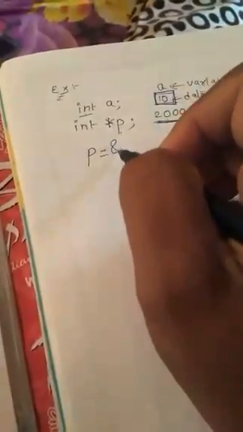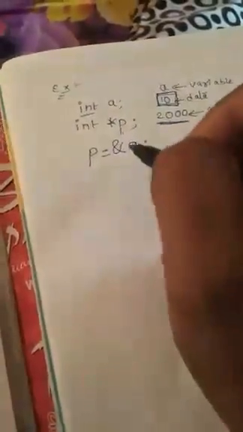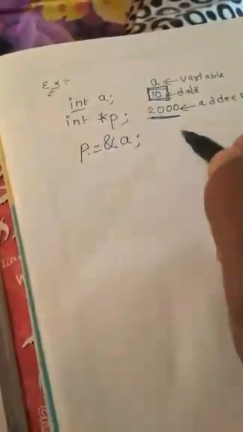You need to declare the pointer like this. Which type of data is a? It is int. So declare int *p, a pointer variable declaration like this. This is the asterisk and p is the variable name. What type of variable is it? It is a pointer variable. This pointer variable p stores the address of a. So this is the address symbol, &a. The address of a is stored in variable p. What is p? P is a pointer. So indirectly we can say p holds the address of a.